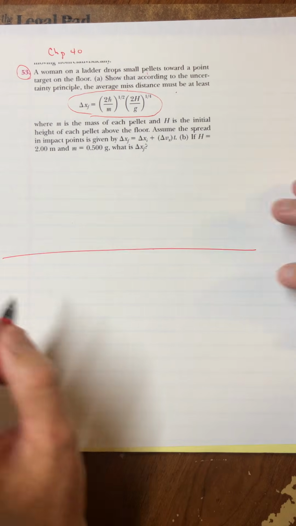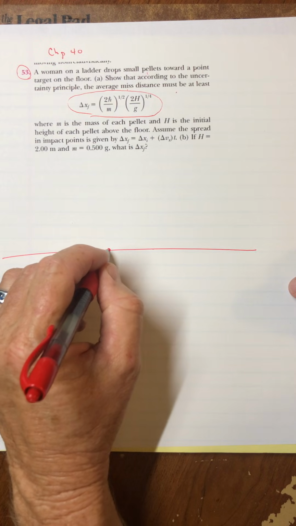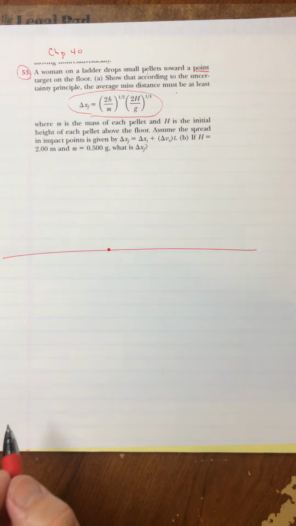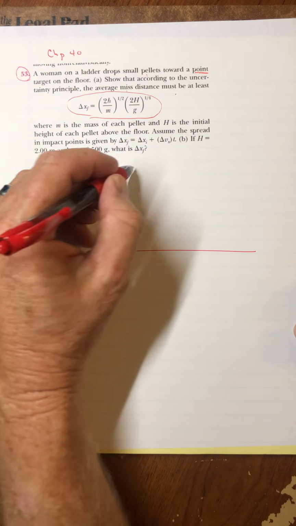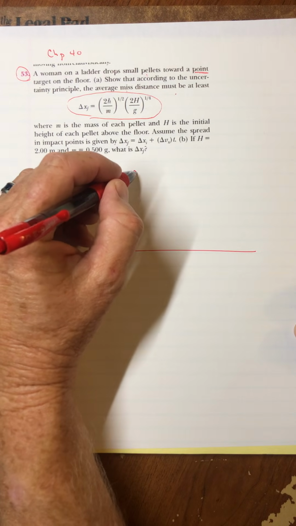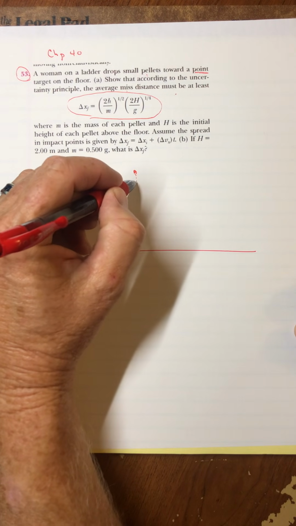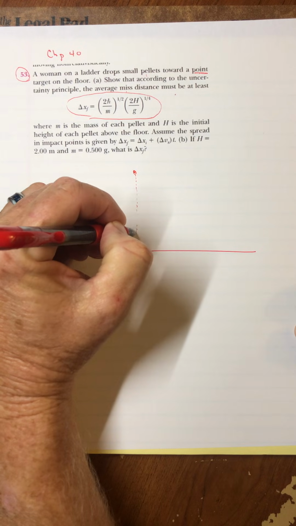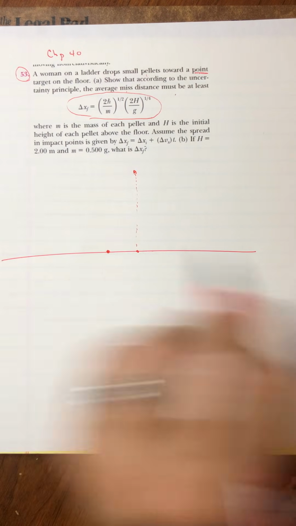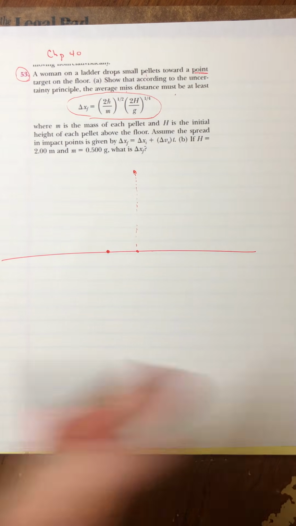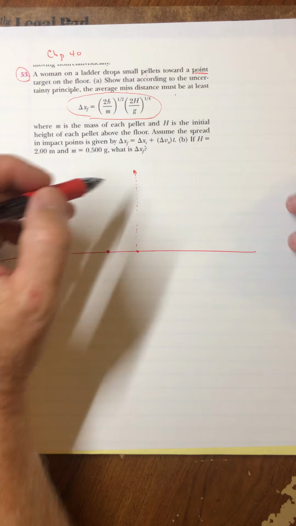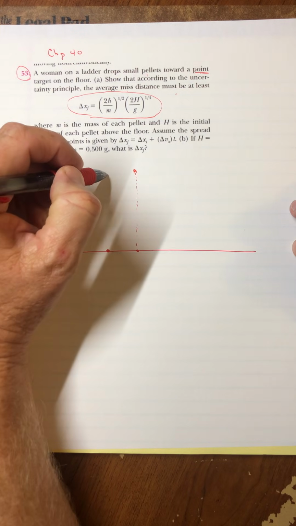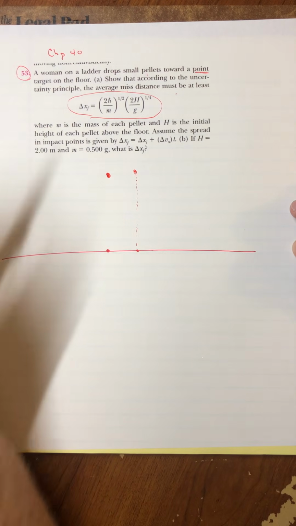Let's say this is the floor, and let's say this is the target. If you'll notice, they said it's a point target, so it's a little tiny point, and you're trying to hit it. In classical physics, you would come up here, hold it maybe right here, and let it go, and gravity would pull it straight down, and in this case, you would miss. You missed the target because you didn't put it in the right position to begin with. So to actually hit the target, I guess you would put it right about there.